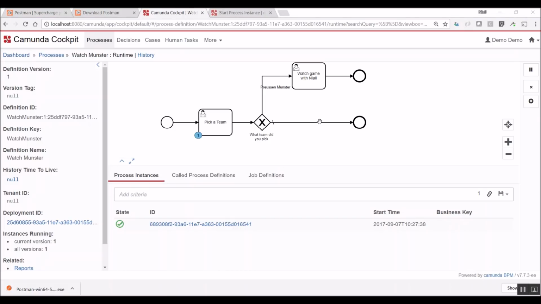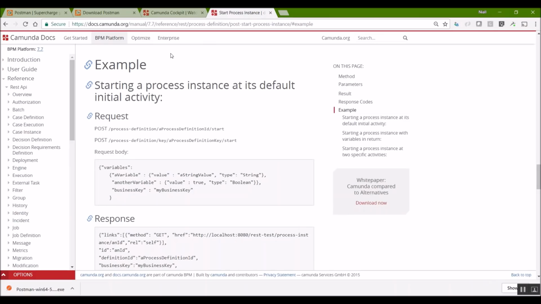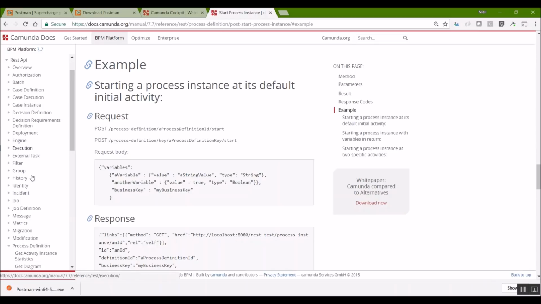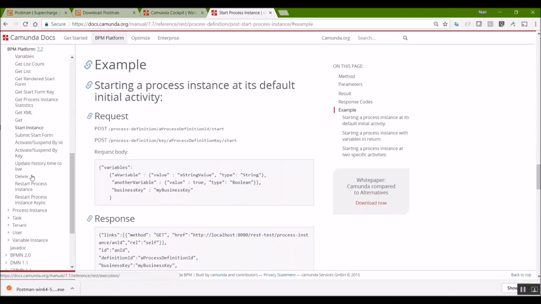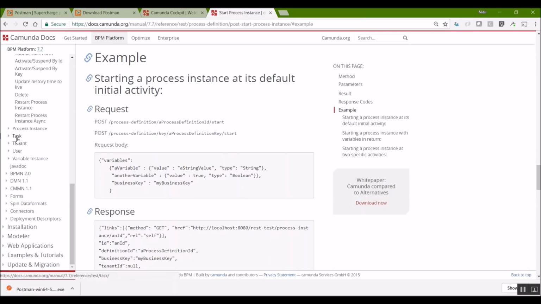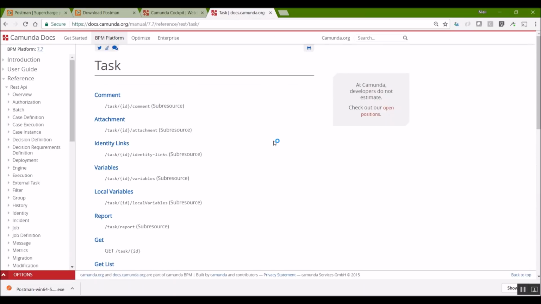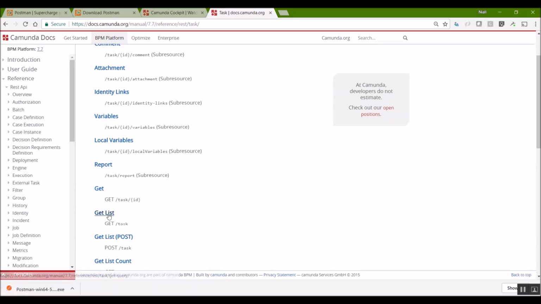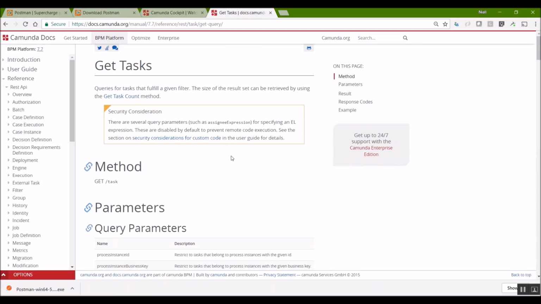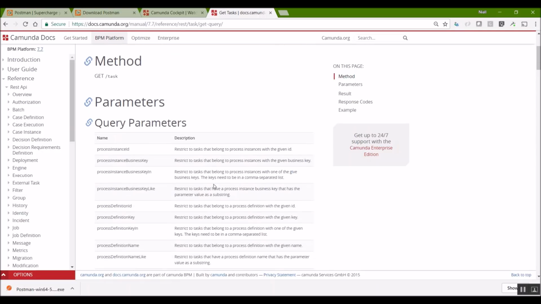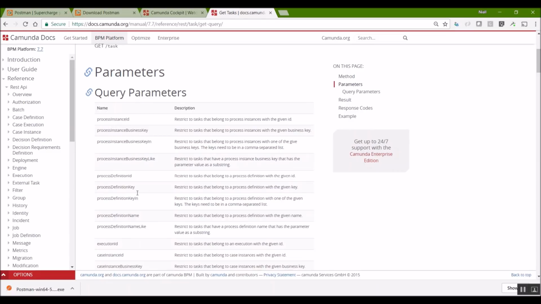It should come as no surprise that at this point I'm going to go back to the docs again, and I'm going to this time look for the task section, which is right here. Okay, and the thing we're going to do now is actually try and find the specific task for our process definition that we're looking for. And we can see here that get list is a good start. So if I click on that, we should be brought to this. So it's a really simple call. It's a GET. It's /task.